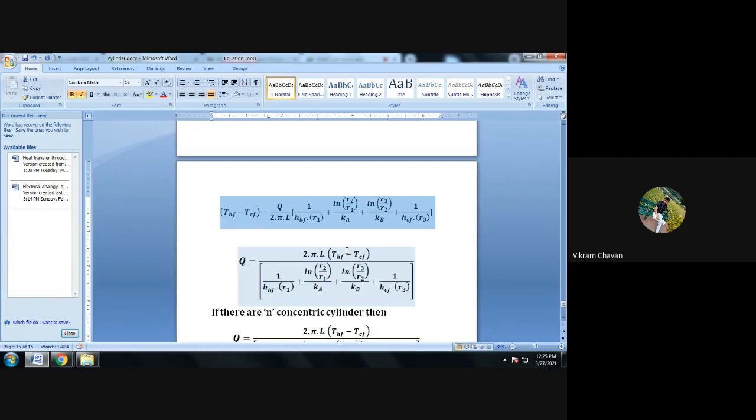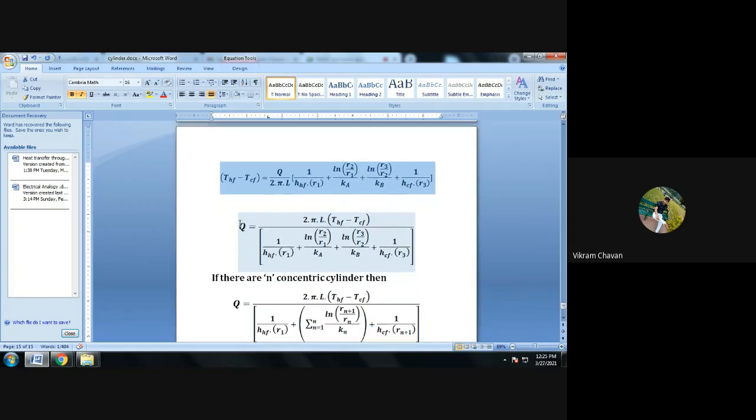Which are the extreme temperatures of the cylinder. So we can say that this temperature difference is the overall temperature difference, whole divided by, inside square bracket,